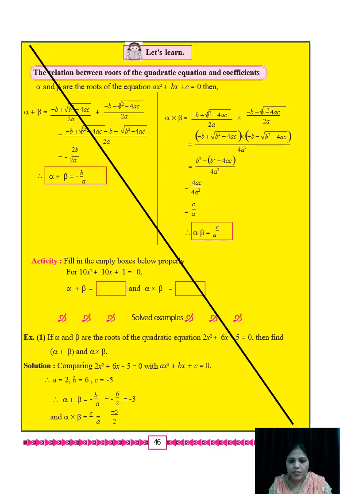Now see here on page number 46 what is given. Relation between roots of the quadratic equation and coefficients. Okay. So here alpha plus beta and alpha into beta was supposed to be calculated. This part is being cancelled from your syllabus now. Okay. Strike that out. Cancel this page because this is no longer existing. Alpha plus beta and alpha into beta, such sums will not be asked in the exam now. So cancel this part also.